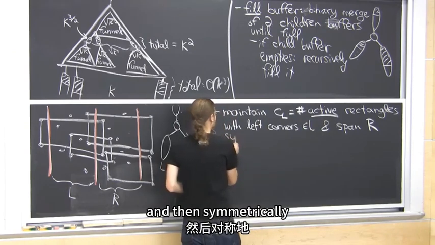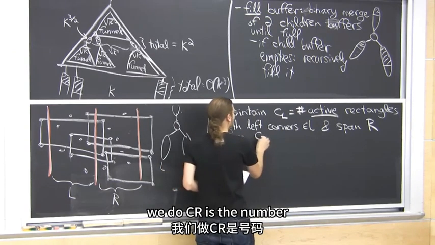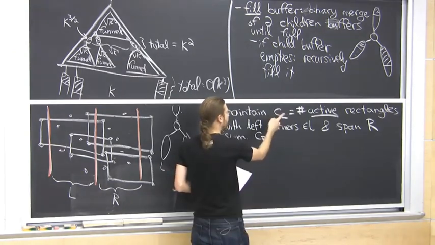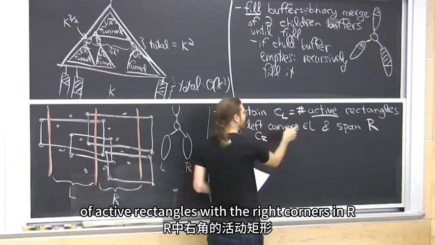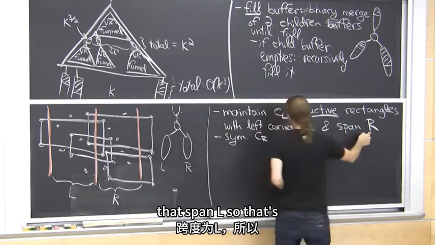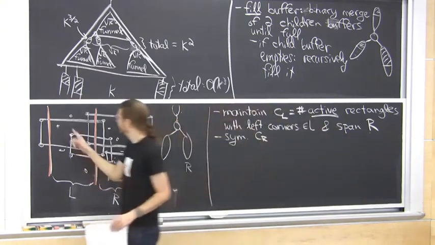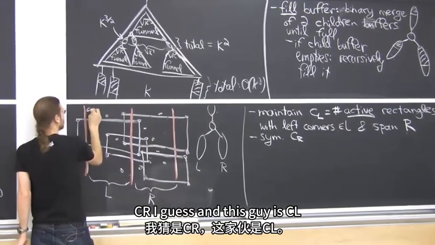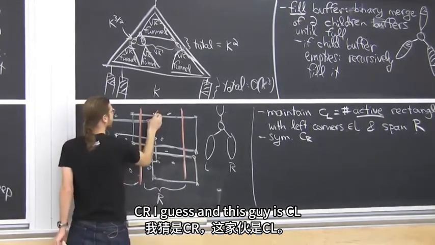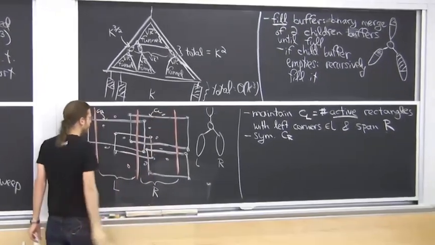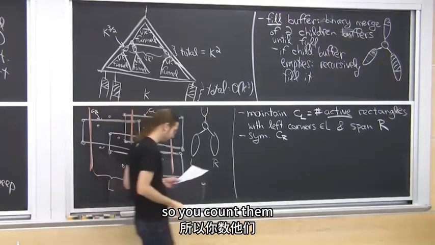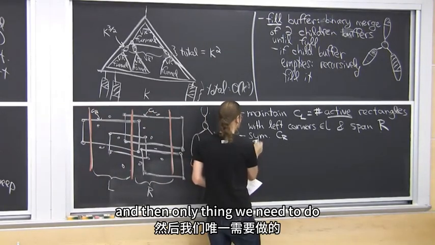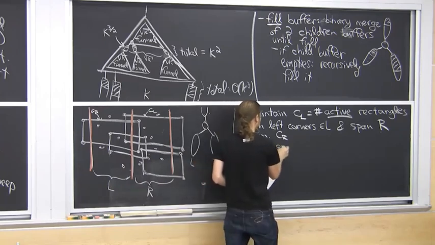And then symmetrically, we do CR. It's the number of active rectangles with the right corners in R that span L. So that's this guy, CR, I guess, and this guy is CL. In general, there might be a lot of them, so you count them. And then the only thing we need to do